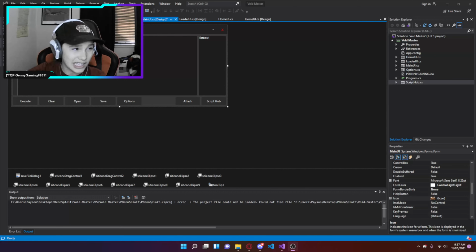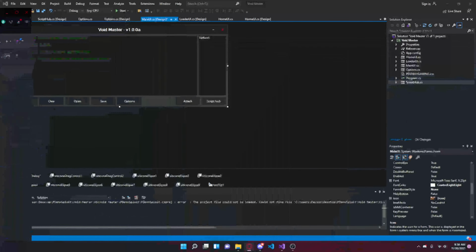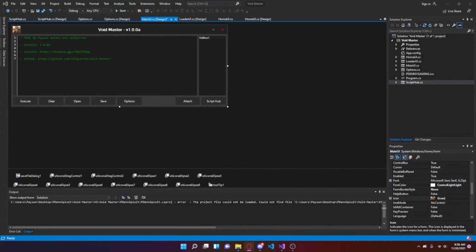But yeah, today's gonna be kind of simple. We're creating another Roblox exploit, and I'm actually going to turn off my face cam so that you guys can see the full screen and the output and everything. So basically right now I have done some things. I have linked to the GitHub repository for Voidmaster already. However, I have not really done anything except for that, so I still need to change the icons,